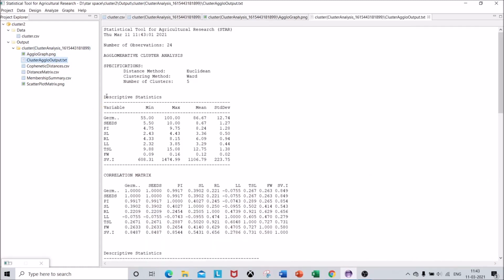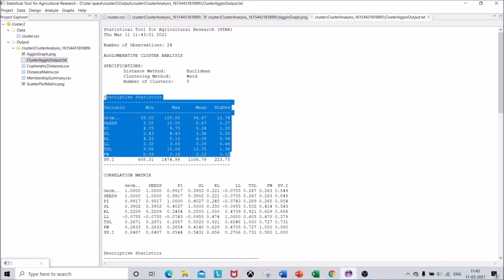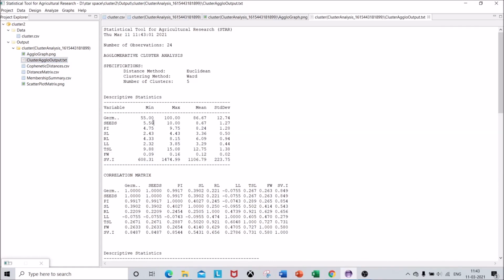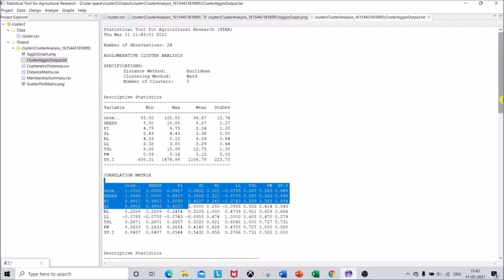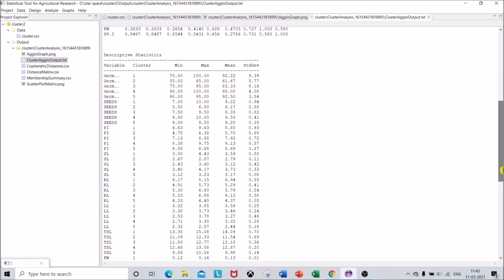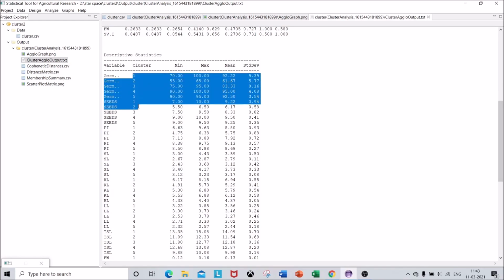So this is the descriptive statistics for your traits. You can see the minimum, mean value, maximum, and the standard deviation, and also a correlation matrix is given, and it is the descriptive statistics again for your clusters for each trait, and which cluster it is belonging to and how it has fared in its mean performance along with its standard deviation. So all the descriptive statistics are given in this .txt file, and